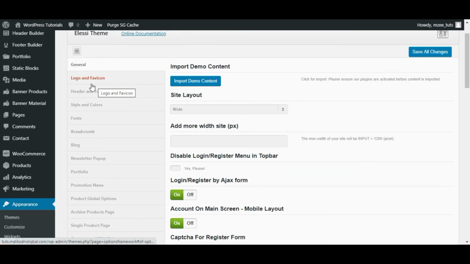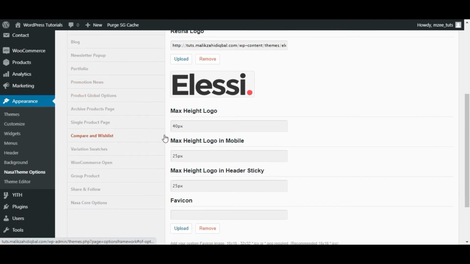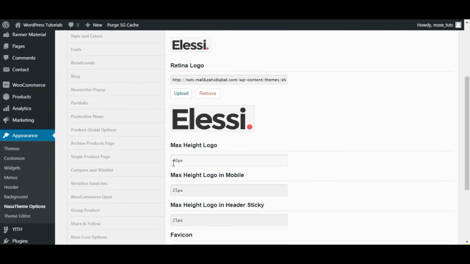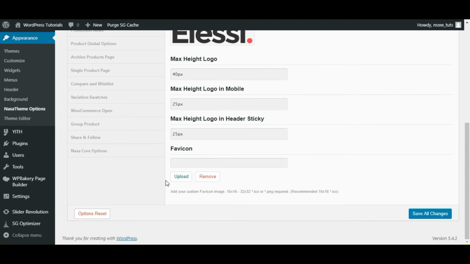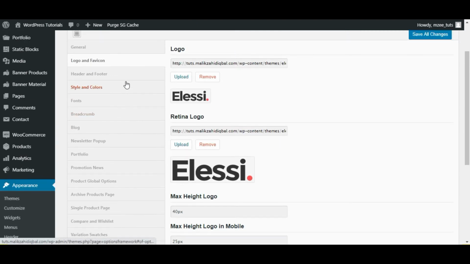The next tab is the logo and favicon, which will have our logo and the retina logo, logo height on mobile devices, and the logo in sticky header. And you have the favicon field as well. You can upload the favicon here, and you can also click the remove button to remove the existing image and then upload the new one.